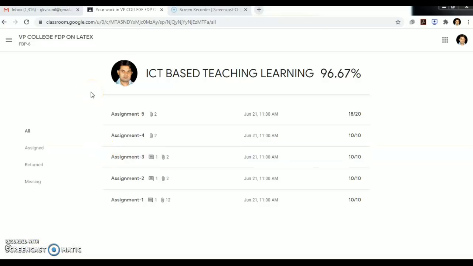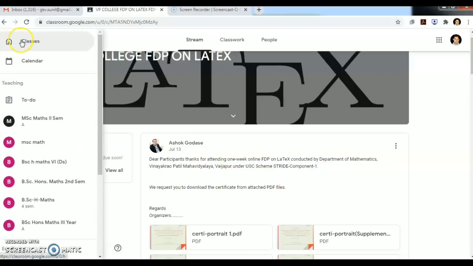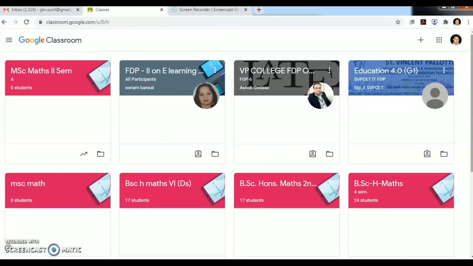So now we have learned all the options of Google Classroom, such as adding teachers, students, and grading the students for their assignments. Now we go to our home page, classes.